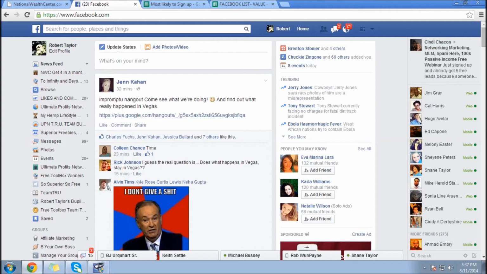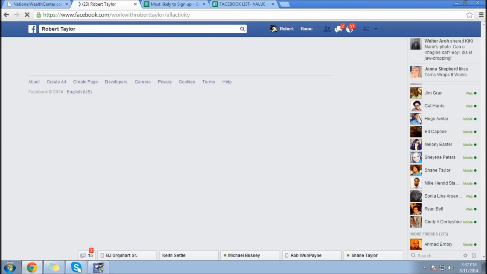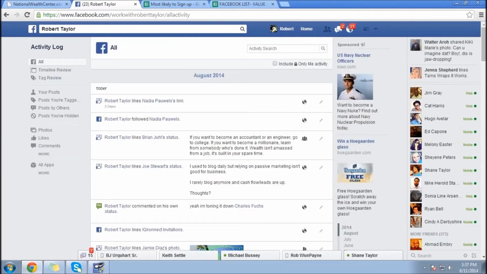But if you can find the right people and you can get them to add you, or add them, if you're adding people, keep in mind you don't want to add more than maybe 8 or 10 people at a time. There is a way you can monitor how you're adding people. Let me see. I think you go to the activity log, and